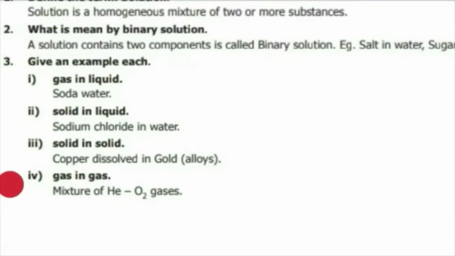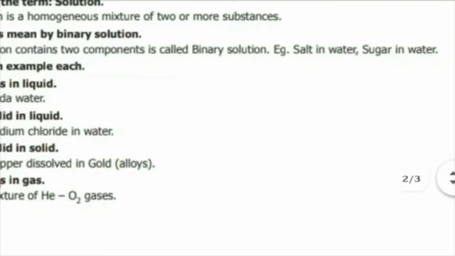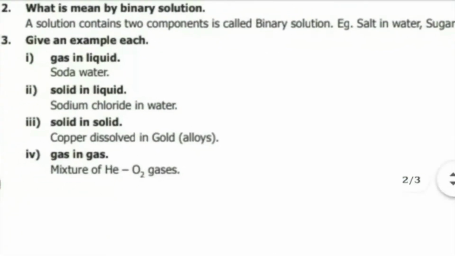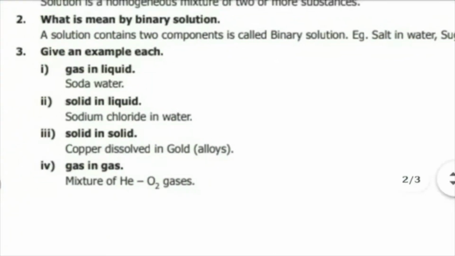A solution containing 2 components is called binary solution. One solute and one solvent. It's called binary solutions. Example, salt in water, sugar in water. This is the example for binary solution. Next, third question. Give an